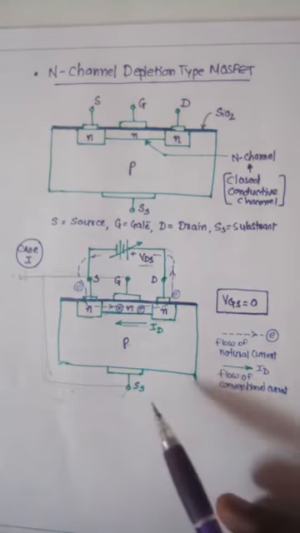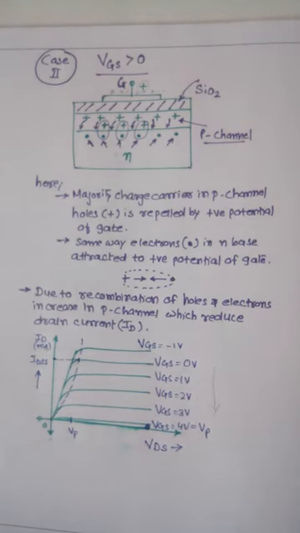The recombination process of holes and electrons reduces the free holes which flow from drain to source. So in the same way, if VGS is 0, then the current will increase sharply and then stop increasing, and ID becomes constant. If the positive voltage is increased, then the drain current decreases. The voltage at which saturation mode starts is called the pinch off voltage. So in these two cases we see the graph.